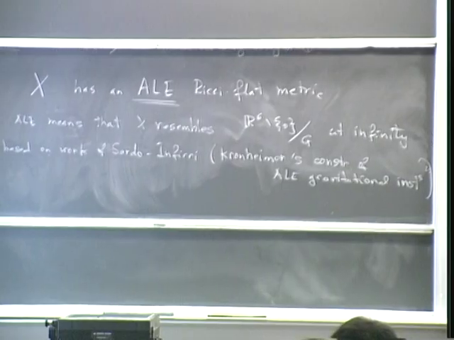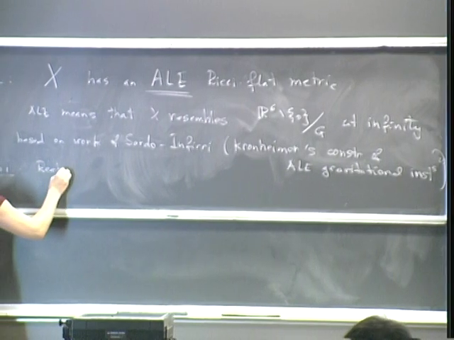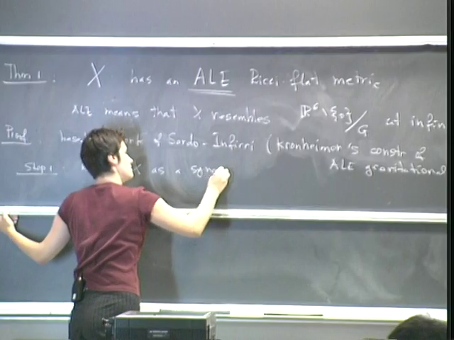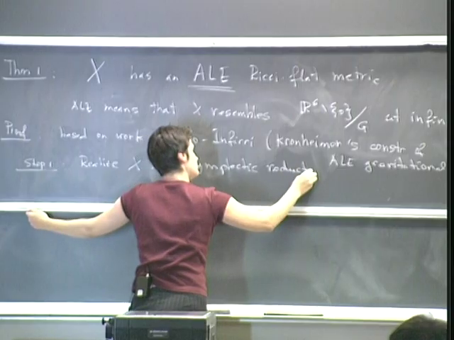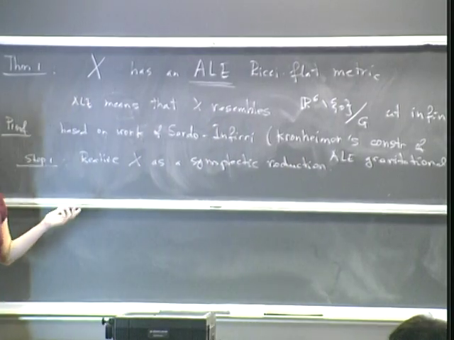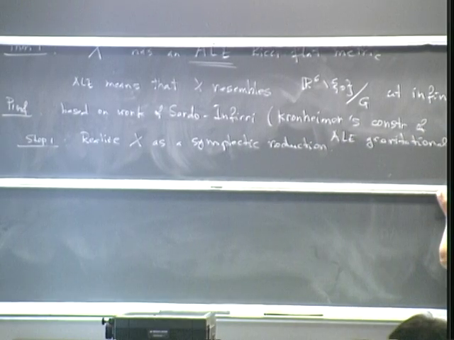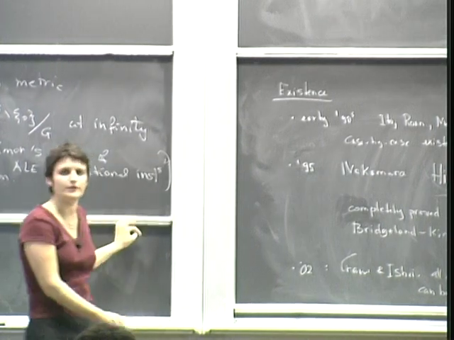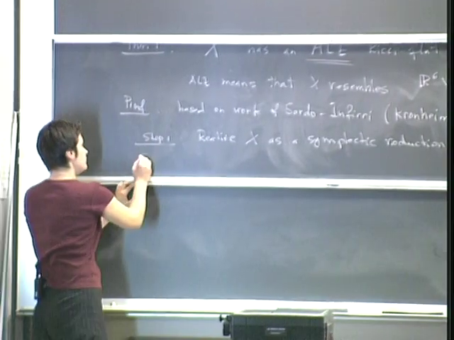So what we can do is, step 1, realize X as a simplicity reduction. And this is reasonable to expect because in the cases I am in, the Crepant resolution has a moduli space description. So then you can think of it as a simplicity reduction. And then step 2,